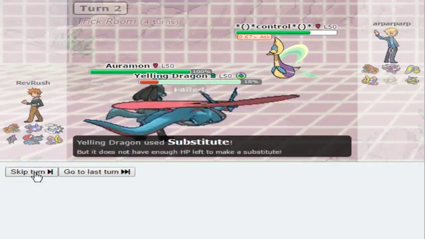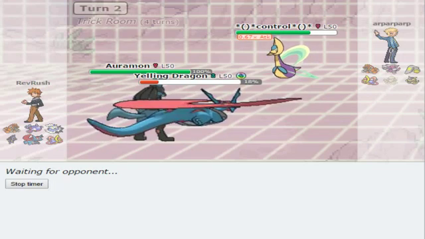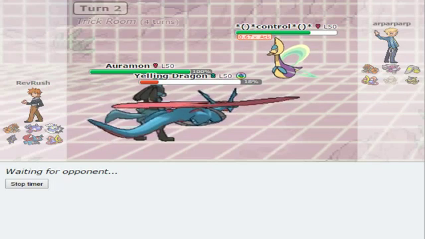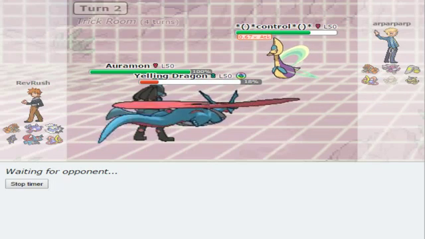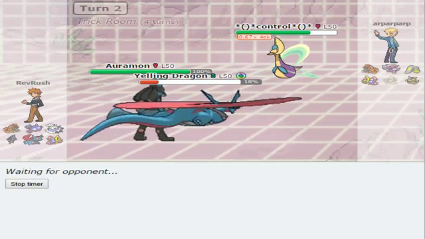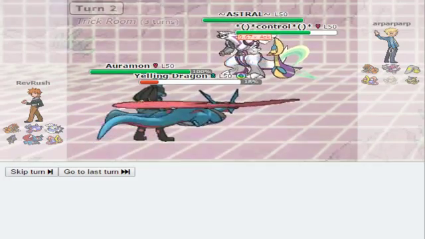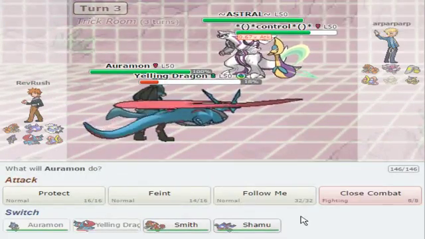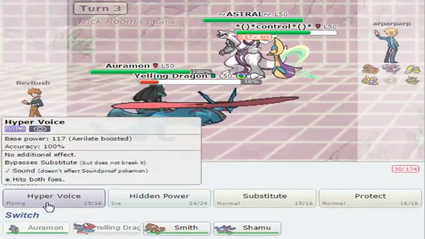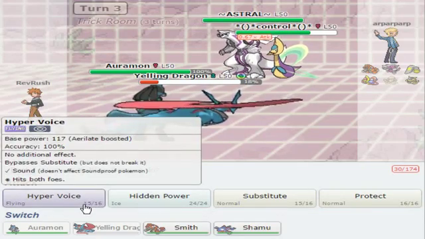Ooh, Substitute was a bad choice in retrospect. We did take down the Smeargle, which is exactly what I really wanted to happen. So if Salamence goes down the next turn, that's fine. Smeargle's out of the picture. Dark Voids are one of the worst things to face, and when two of your Pokemon are asleep, you're in for some trouble. I'm gonna just go ahead and protect my Lucario here,